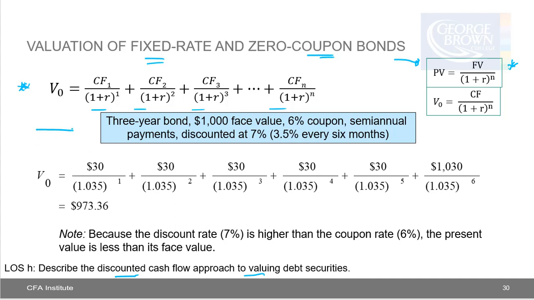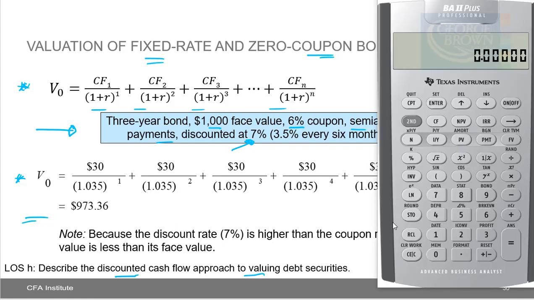So the example in the text is looking at a 3-year bond, $1,000 face value, 6% coupon, semi-annual payments discounted at 7%. That's the discount rate, the required market rate, okay? So now you're not required to do the calculations, but again, I think that you're going to see that this is really fairly easy to understand by working your way through the calculation. So let's just bring up the calculator here and work our way through it so that we understand all these